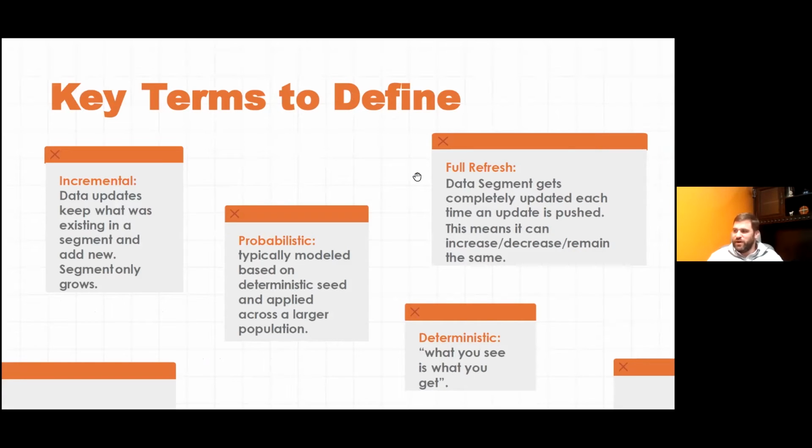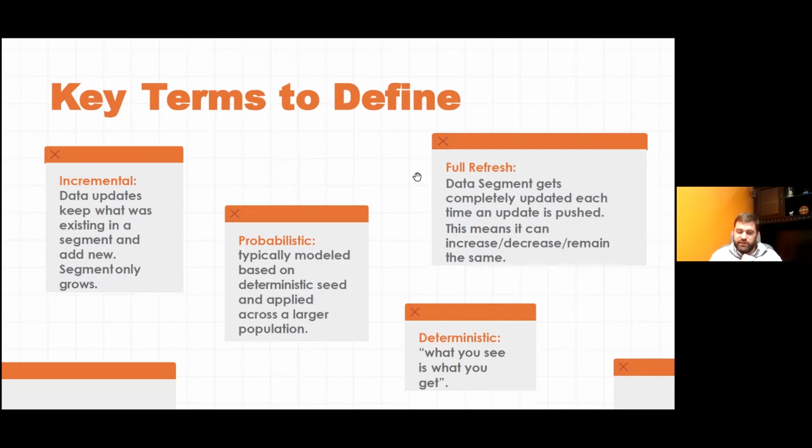More key terms. I promise I won't term us to death. I think this is the last one, but it is important to understand really the refresh cadence between segments and what that means. So let's take the new mover example. Say we're working with a furniture store, and they know that the purchasing decision for furniture is most oftentimes made within 90 days of moving to a new home. So being able to identify new movers is very important to them, especially within that 90-day time window.